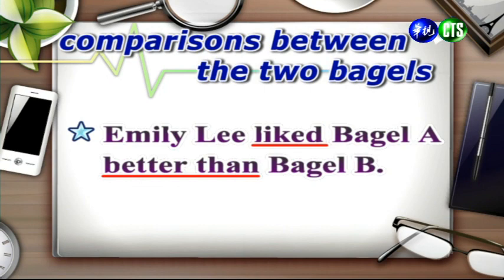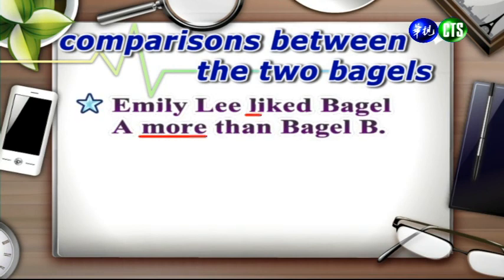And let's show you some variations of this. 好,那我们可以看看这个同样的一个意思,我们要怎么样做一些这个句型上的改变。And so we could have another sentence. Emily Lee liked bagel A more than bagel B. 那同样这个句子,我们可以写成 more than,Emily Lee like Bagel A more than Bagel B。